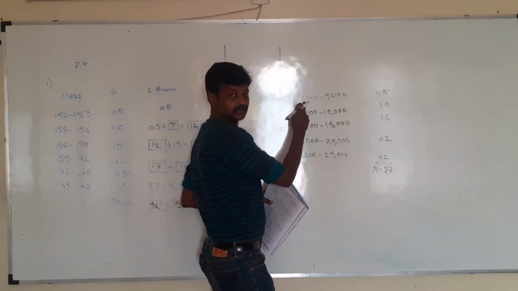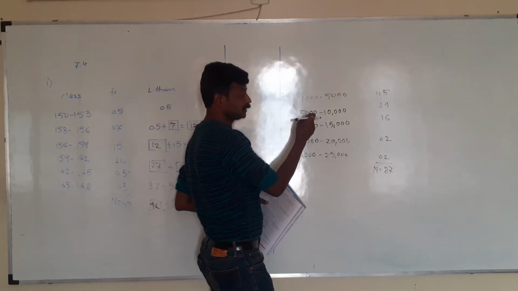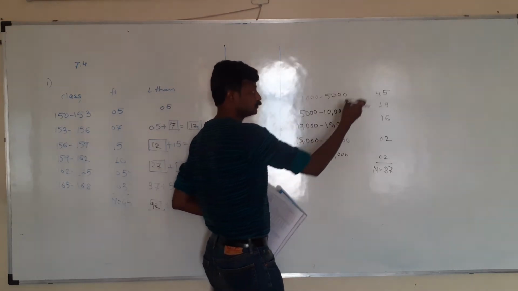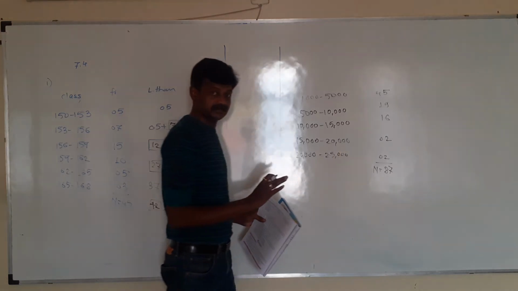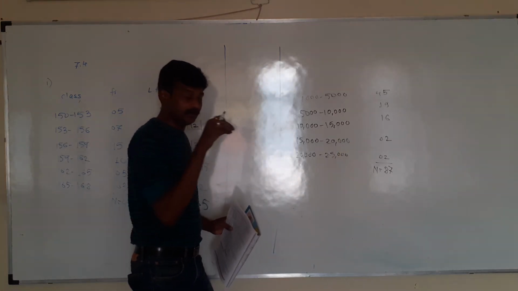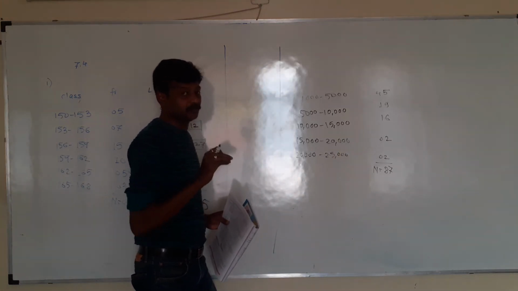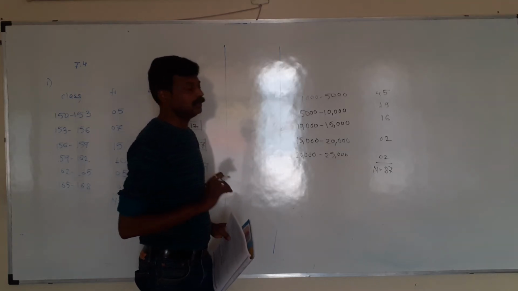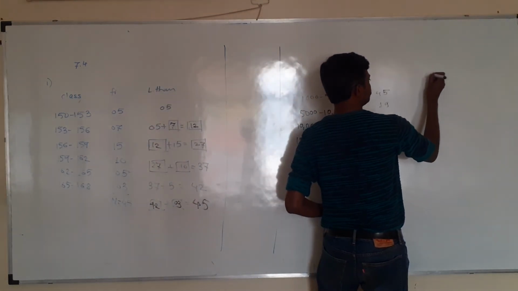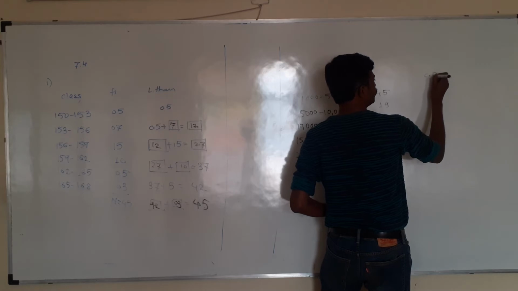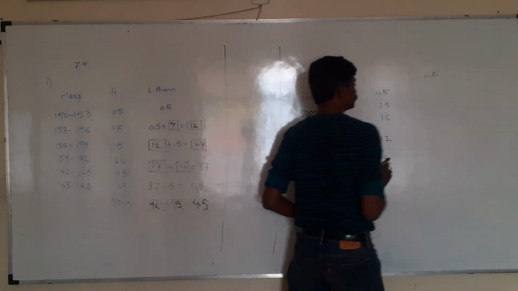Cumulative frequency more than or equal to 1000. This is also more than 1000, and this is also more than 1000. So we need addition of all the frequencies. Again I am repeating the same point, which is very important: if we want to find the cumulative frequency more than type, we need to